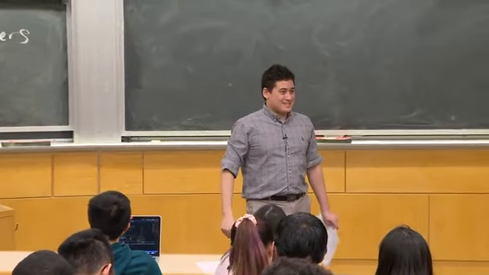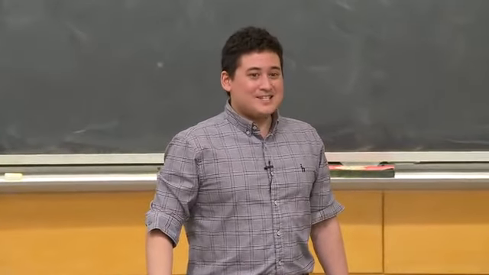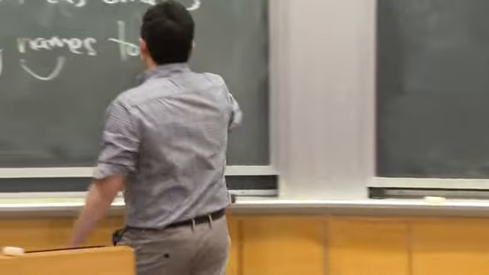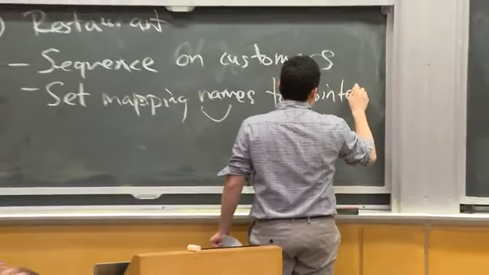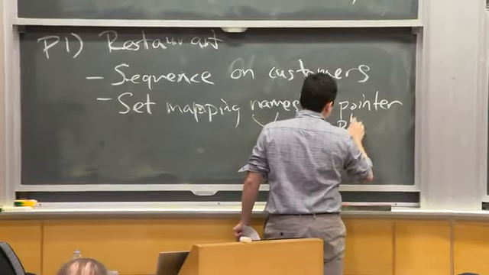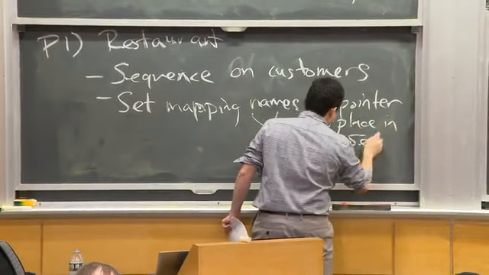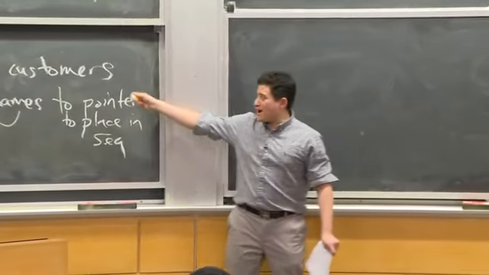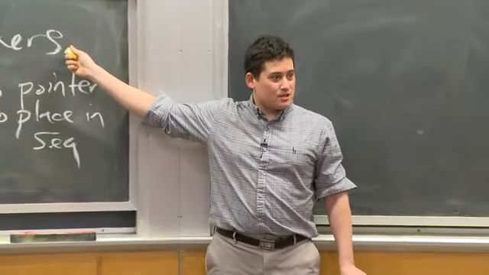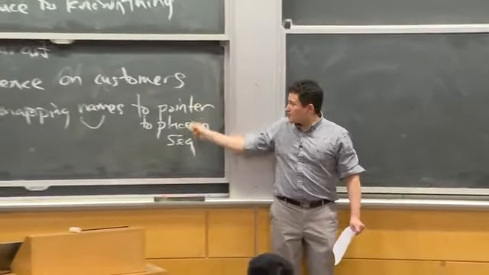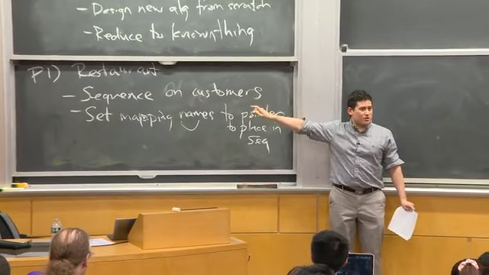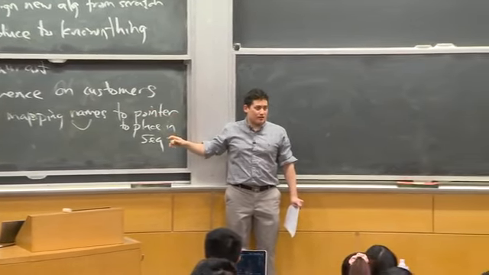Except indices change every time I add or remove things, right? Yeah, so store a pointer to place in sequence. Now, that's a little weird to say because I haven't told you how I represented this sequence. But conceptually, I can say I'm storing a pointer to some place in this that represents where it is. I'll deal with the details of that later, okay?